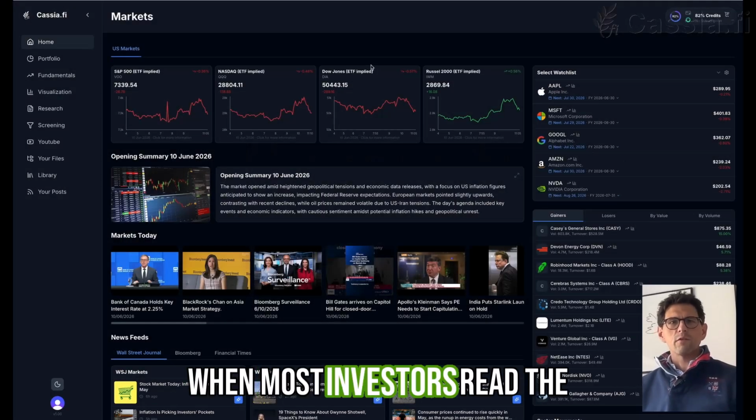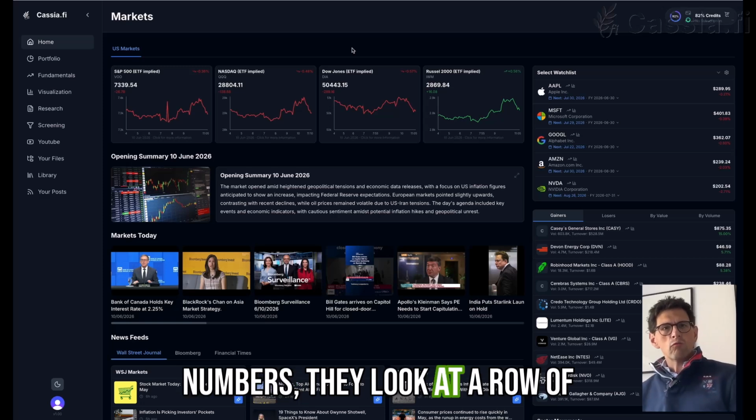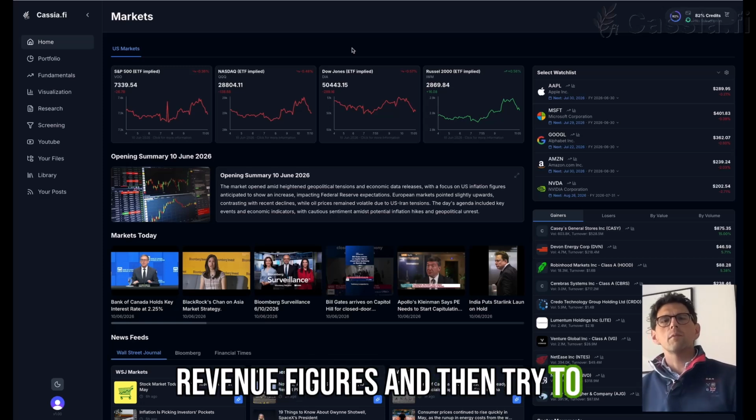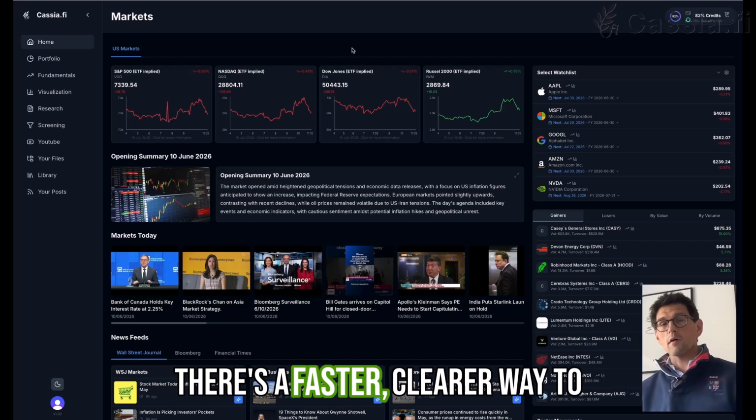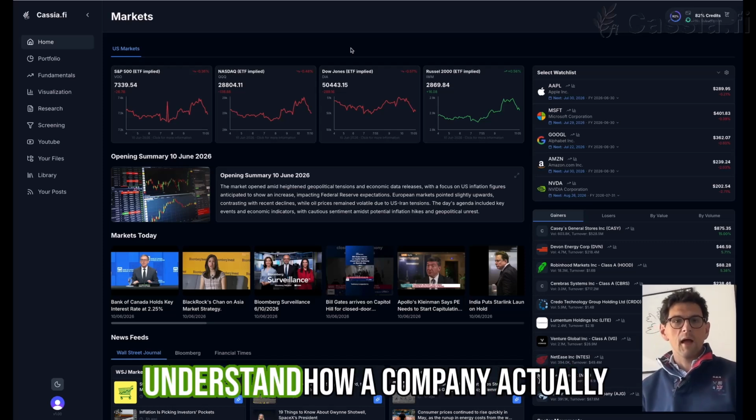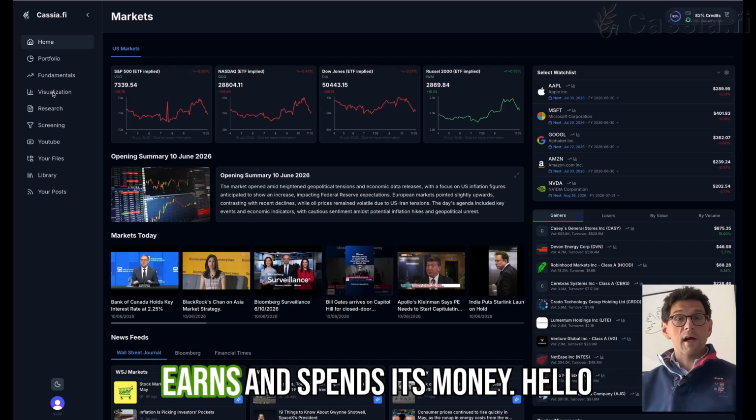When most investors read the numbers, they look at a row of revenue figures and then try to build a picture in their head. But there's a faster, clearer way to understand how a company actually earns and spends its